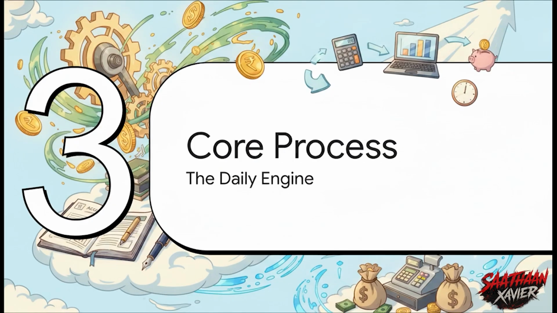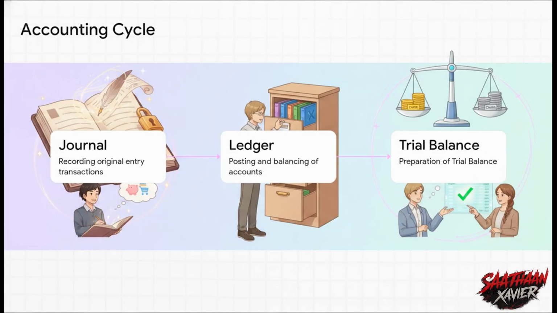Next up is Section 3, the core accounting process, the daily engine. Once your theoretical bedrock is set, Chapter 2 introduces the daily bookkeeping engine that tracks the flow of money. You'll learn the exact sequence of the accounting cycle. First, you record double-entry transactions chronologically in the journal. Next, you post those entries to ledger accounts, grouping all the transactions by their specific categories. And finally, you summarize those ledger balances into a trial balance to check your mathematical accuracy. To remember this sequence, just log the balances: journal, ledger, trial balance.